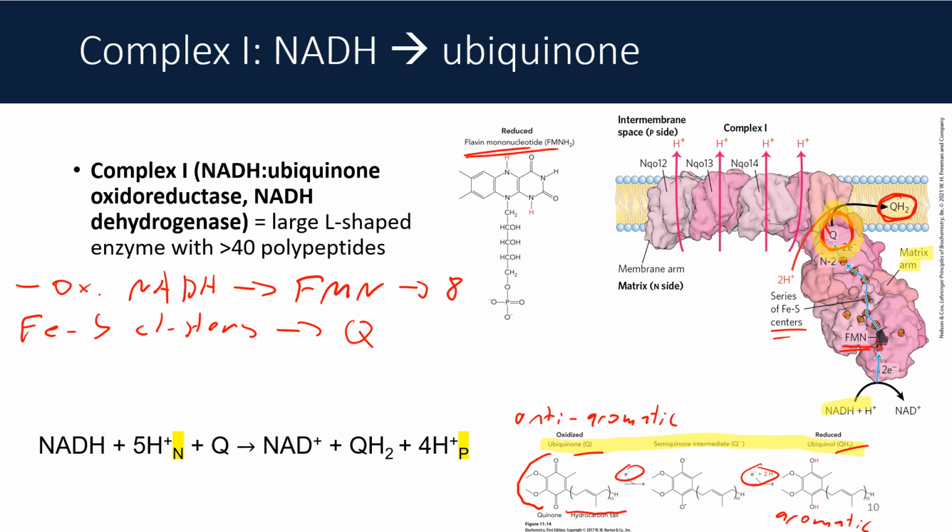And while these crazy redox reactions happen, these 4 subcomponents that are in the membrane arm are going to pump 1, 2, 3, 4 equivalents of protons. 4 protons pumped per NADH